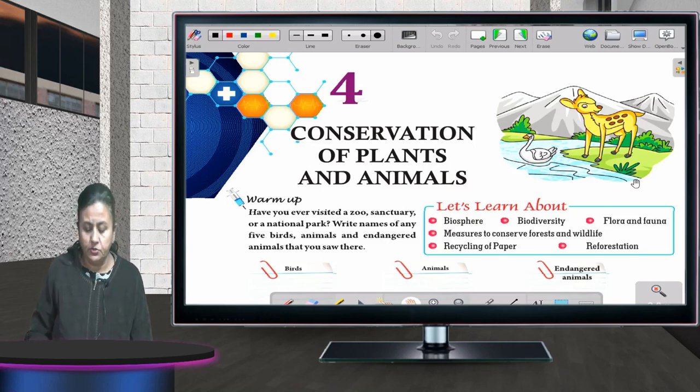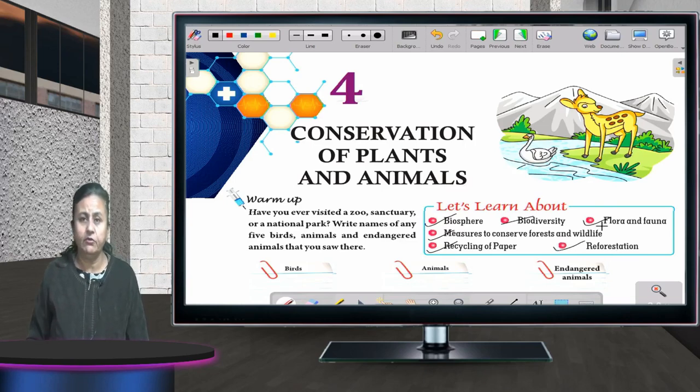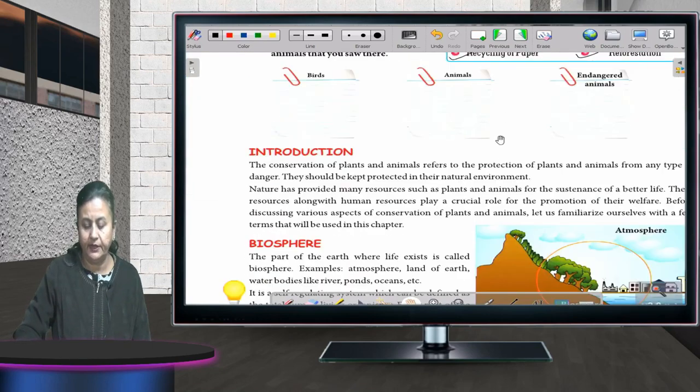Okay, so in this chapter I am going to tell you about biosphere, biodiversity, flora and fauna, measures to conserve forest and wildlife, recycling of paper and reforestation. Okay, so let's start the chapter. As you can see on your screens also, to start with,